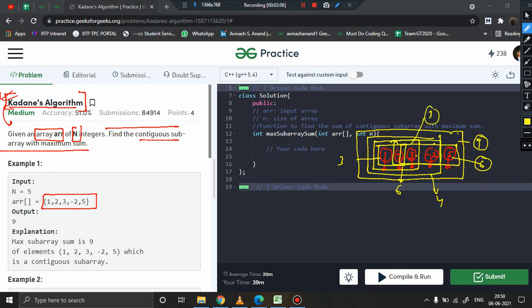So likewise, there are many possibilities, and if you're following the groups that I'm taking, they are basically contiguous. Contiguous in the sense you are not skipping any element in between. I'm just taking either the first 3 elements or the last 3 elements or the middle 3 elements, right? Or the first 2 elements. I'm not taking one element from here and one from the end by skipping all the elements in between. No, that is not a contiguous subarray. A contiguous subarray means that the elements lie adjacent to each other.